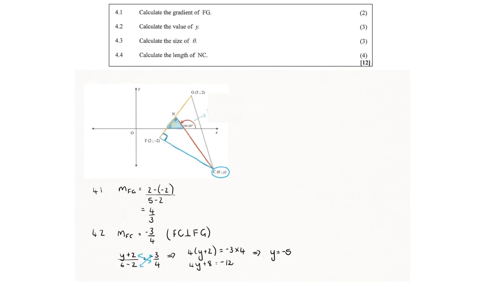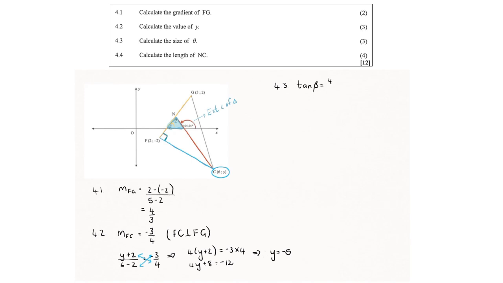Now, if you look at the sketch, we have a triangle that contains both theta and beta, and the 104.04 degrees is an exterior angle of this triangle. We will be able to determine the value of theta if we know the size of beta. And beta we can determine since it's an inclination angle. It's an inclination angle between the x-axis and the line segment FG.